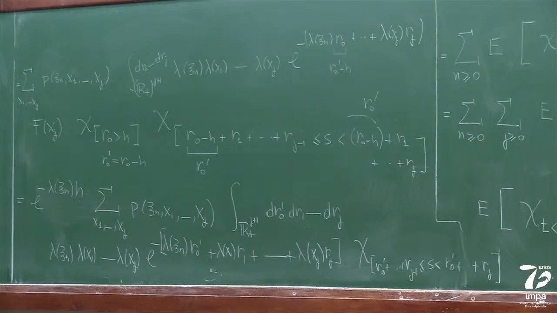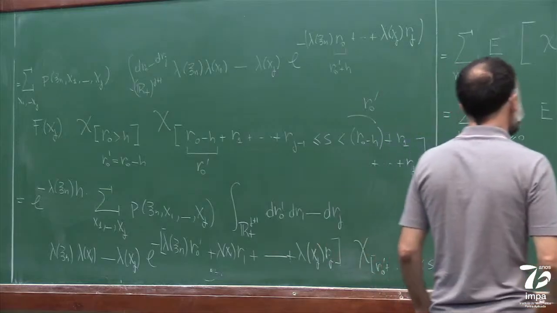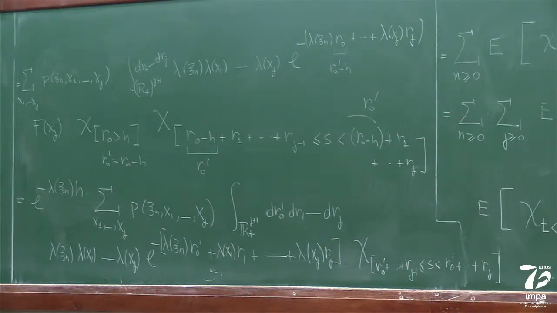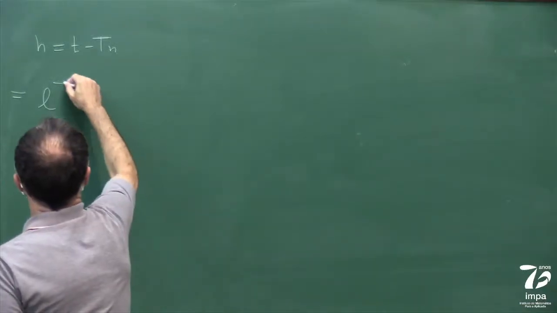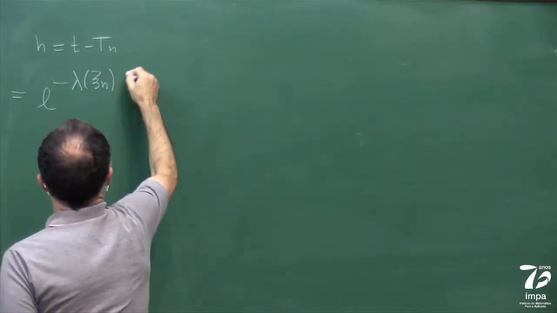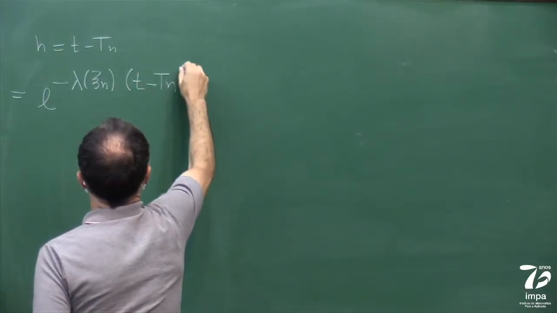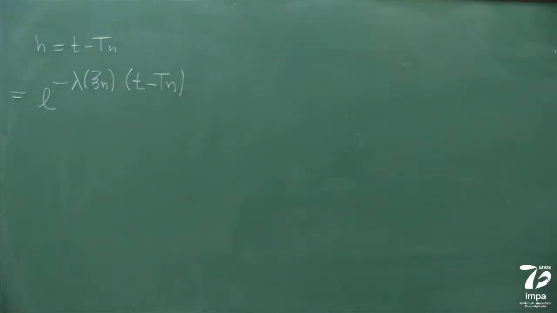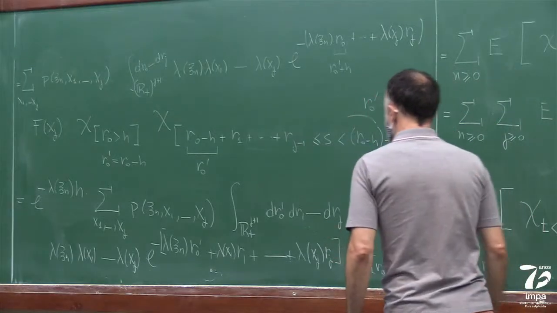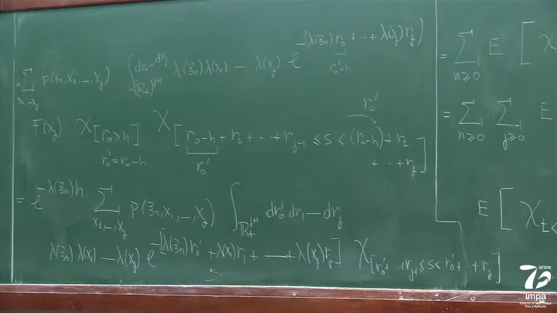And h is t minus tn. So what I claim is that this is equal to exponential minus lambda psi n, t minus tn, which is h, and then all these sums are nothing more than the probability